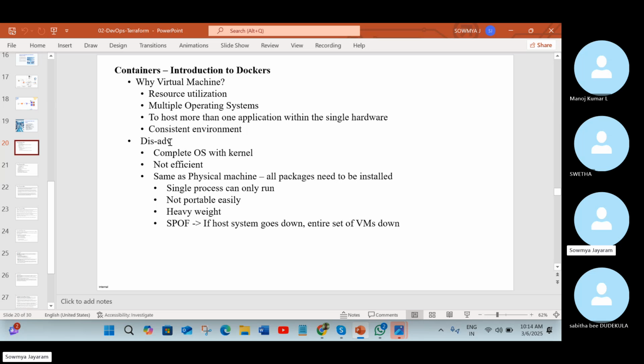The very first thing is we are not using the full operating system. We are just having the limited amount of operating system that you want to use for your application. Okay, so the second thing, you will have a consistent environment. A consistent environment is nothing but, say you have your container, and inside that you will be running your applications.